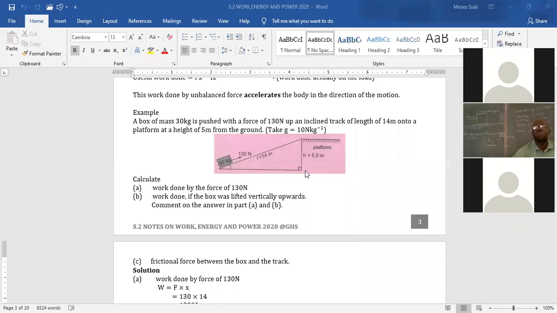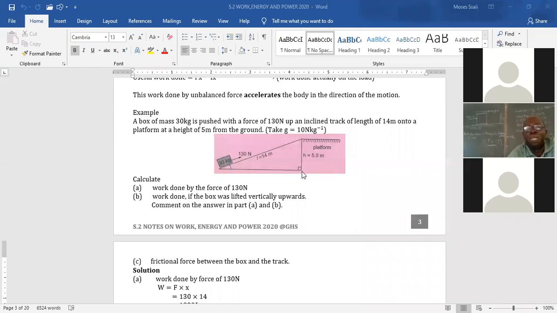Get work done. But the challenge is, girls, you are not thinking. You are only giving me, yes, I want work to be done. But what kind of work? What is my aim? That's what I'm asking you. Look at the box: lift the load upwards. Lift the load to a height of 5 meters. So be specific. Through what distance? A distance of 14 meters. That is the purpose of lifting it.